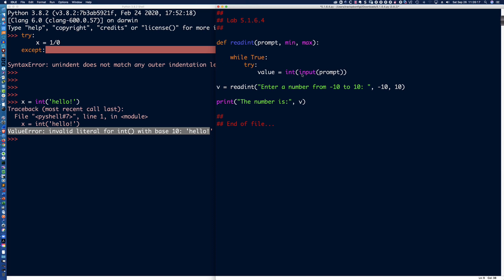Now, this may look a little sneaky here, but there is the prompt. Remember, here's our first positional parameter, the prompt, which is "enter the number from negative 10 to 10." This is actually going to be printed to the screen. We're prompting for input. And remember, when input captures what the user has typed in from standard in, which is our keyboard, it takes it as a string, which is why we are going to typecast, or convert it,